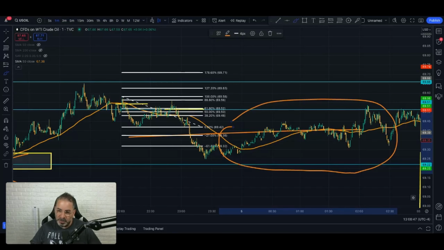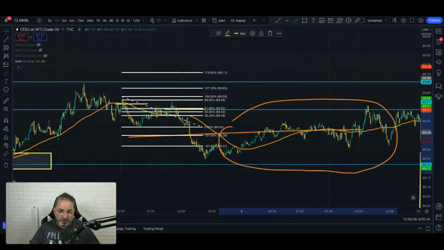A lot of people were asking me, hey, I'm busy at work. Sometimes I miss the live. I get the trade alerts, but I get them late. And this is what I would do. Okay, this is exactly where I would live if I only had 1 hour a day to trade on my own. You're going to win some of these. They're going to offset the losses if you stick to where your stop loss should be.